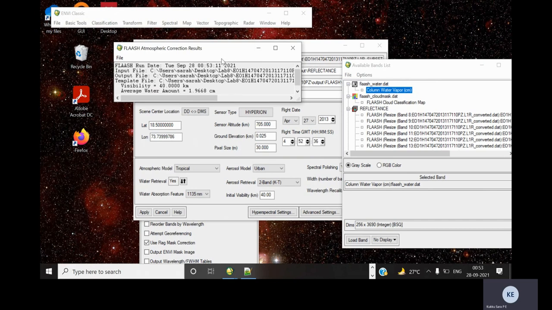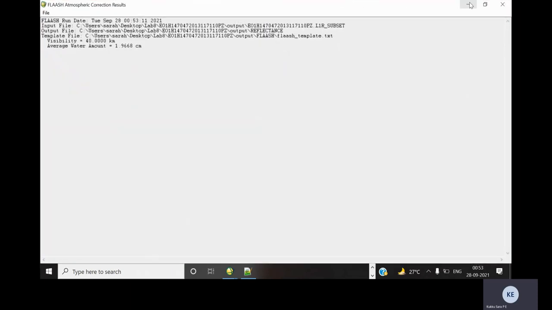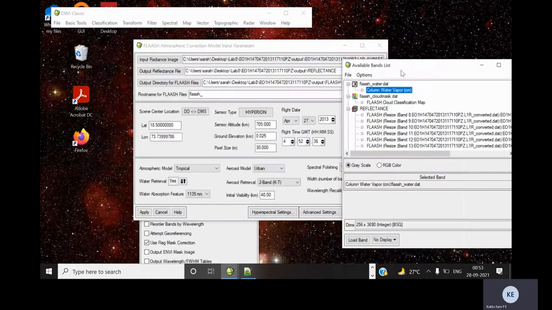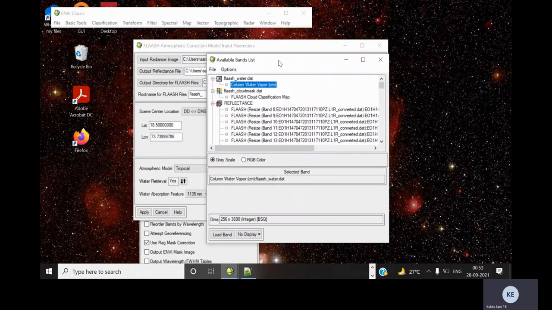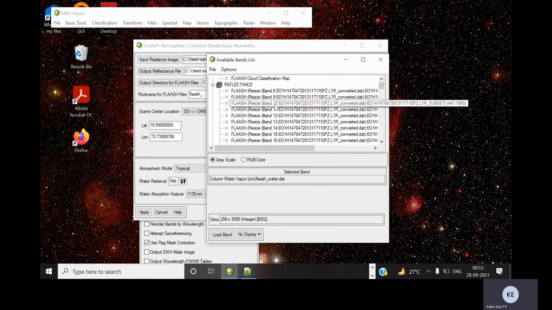After applying the FLAASH atmospheric correction, it will give the average water amount. Here you can see the column water image and the FLAASH cloud classification map.